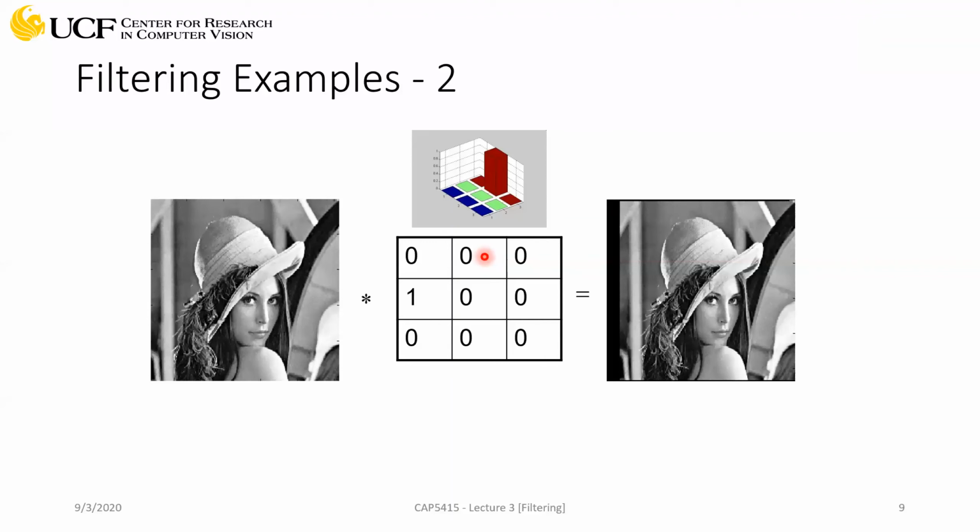I have a question. Yes. What is the significance of that RGB histogram above that filter? Does it mean that this filter, with one on that cell and zeros on the other cells, is only for the red channel and not for the green and blue channels? No. So just ignore the colors there. Okay. It's just showing the histogram of this particular kernel. Okay. So the colors have no significance.